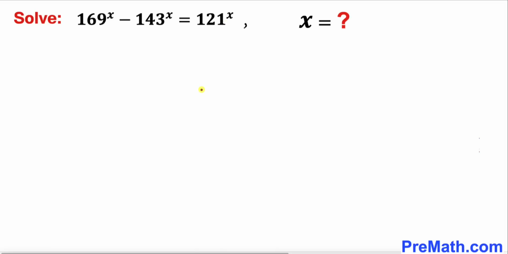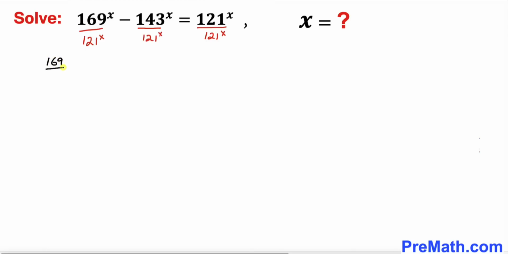Let's go ahead and get started. And here's the very first thing we are going to do. Let's manipulate this equation by dividing across the board by 121^x. I'm going to divide this one by 121^x and this one by 121^x as well. Then our left hand side is going to become